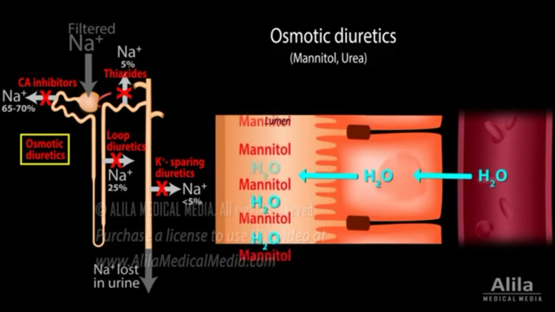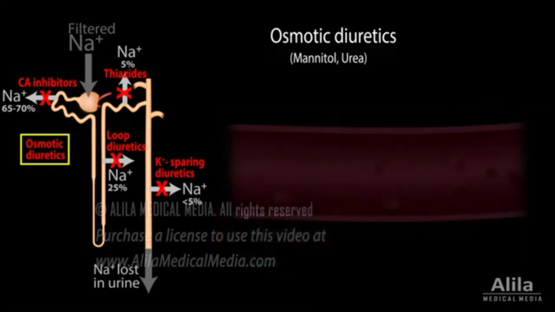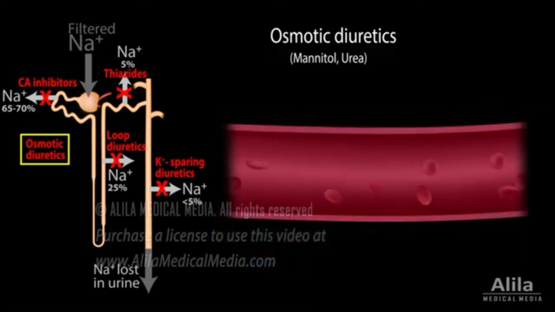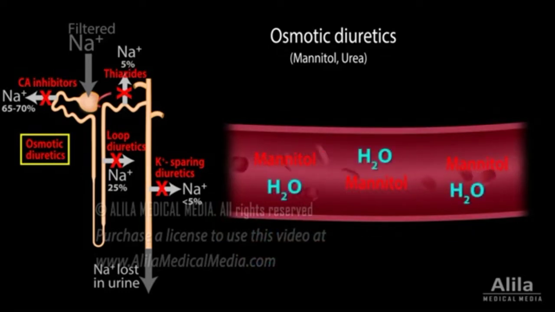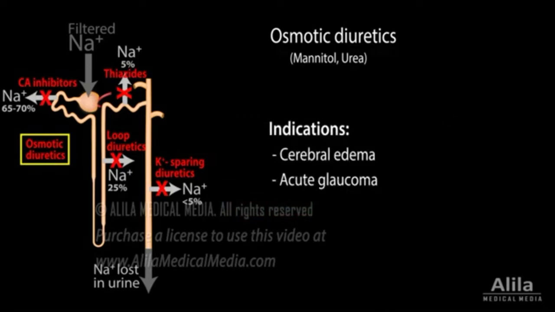It produces a greater loss of water compared to sodium and potassium. Mannitol is not usually used to treat edema because its initial presence in the circulation may actually further increase blood volume to a dangerous level. It is, however, effective in lowering intracranial pressure in patients with head injury, as well as lowering intraocular pressure in acute glaucoma. Osmotic diuretics act on the entire renal tubule, with predominant effect on the proximal tubule and the descending